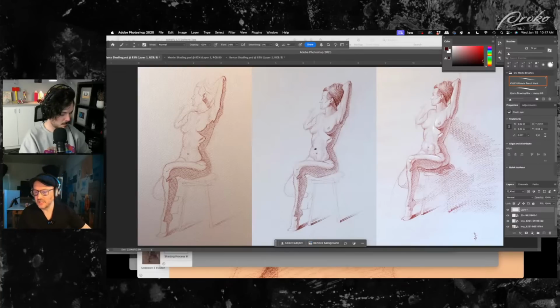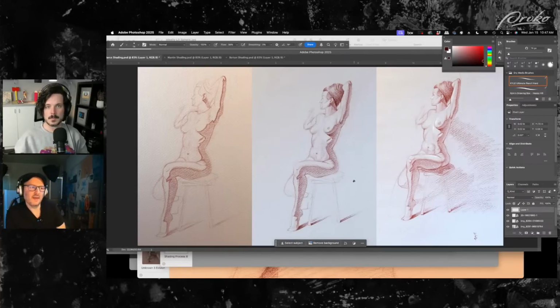And I can start to see that some of these areas of shadow have been softened a bit. So in this middle drawing, it looks like Marco is starting to add the center light and the midtones. So he's moving out of the shadow and into the light. Now, this is always a tricky thing to do because the